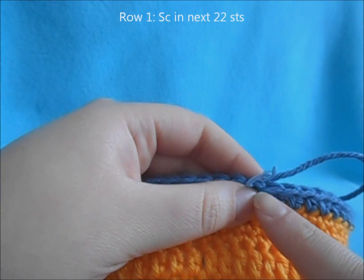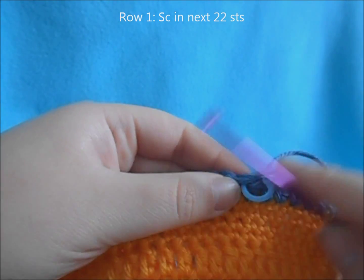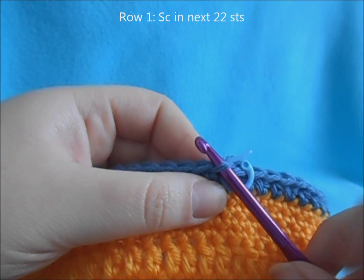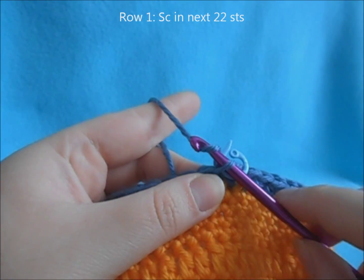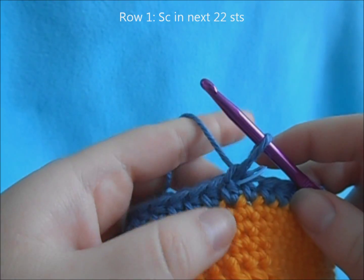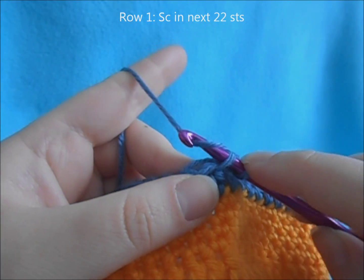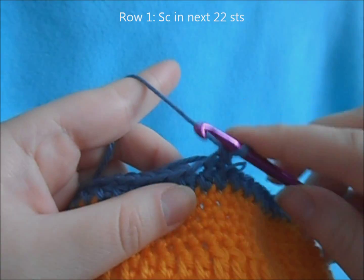And we're going to work single crochet in our 22 stitches, but only through the front loop. So you see how we have our double loop here? We're just going to be working it in this first front loop, not both. So then you want to wrap and pull up a stitch, and then you want to work single crochet in our 22 stitches. So you want to go through the front loop of our next stitch, work our single,